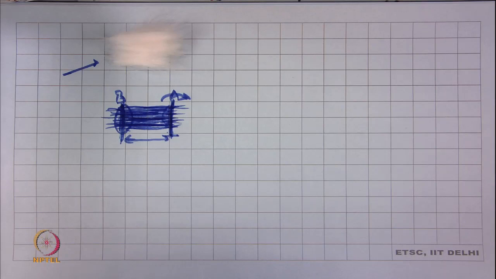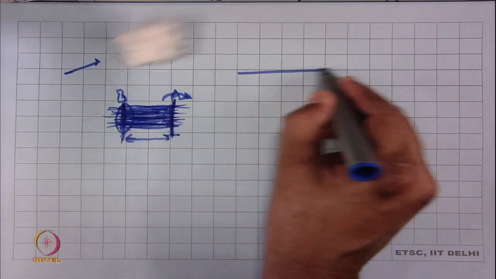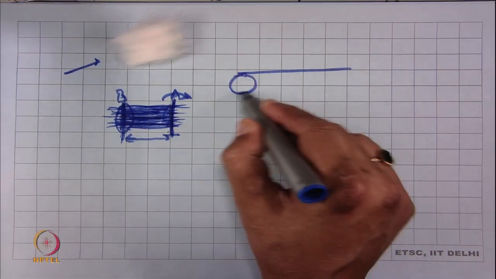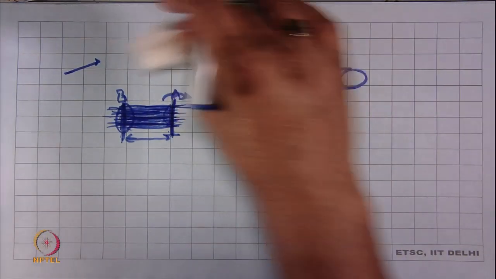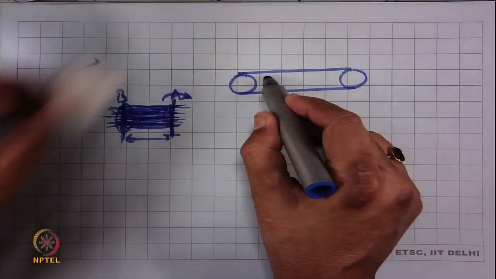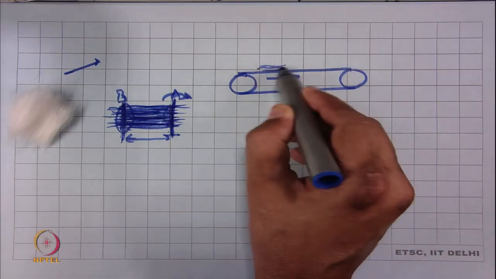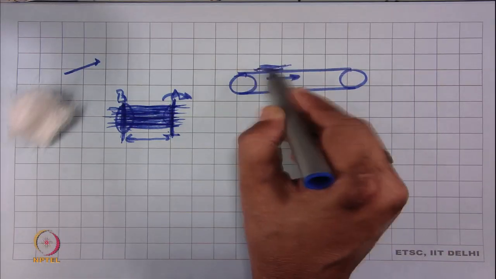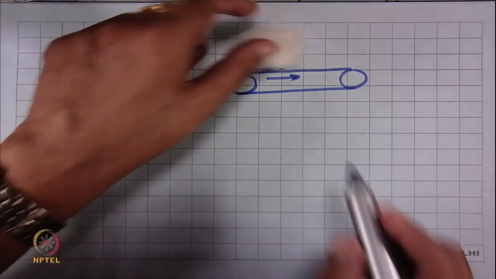Now, here the system is that suppose there is a conveyor belt, and this is the conveyor belt where we are putting this fiber, the fiber fringe. This is moving from one direction to another. So, suppose this fiber fringe is placed here on this end, and it is moving.